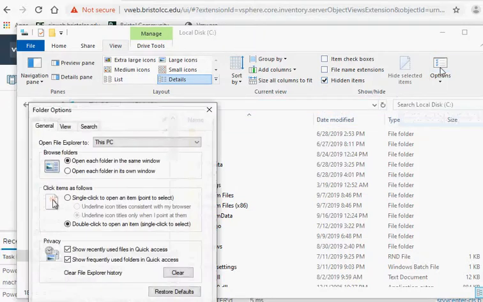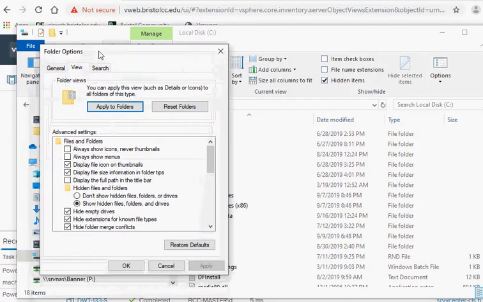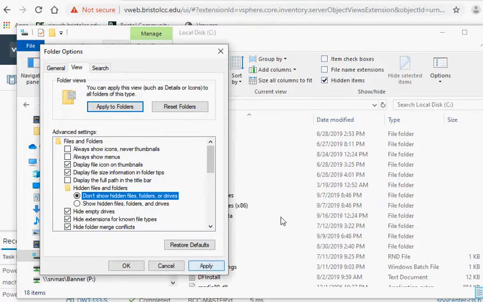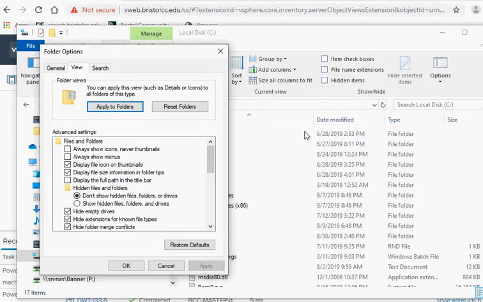Other places that you can check that off is under Options. So I can go into Options, I can go into View, and here I can drill down to this box that says Hidden files and folders, Show hidden files and folders. If I select that and apply it, what I want you to notice is it's automatically going to uncheck that. So that's a toggle. If I check it and apply, that checks it. So all Microsoft did is it took this feature that's frequently used in Windows 7 and below, and it added a little tick box at the top of Windows Explorer